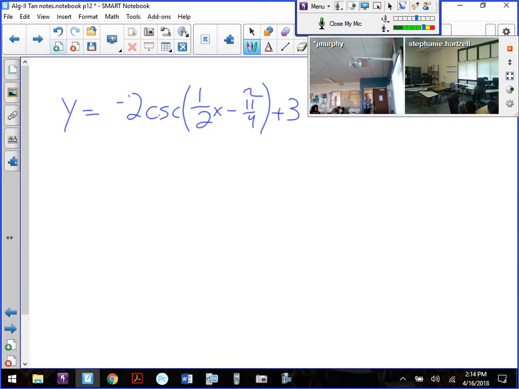Oh, that's fine. So I have -2 cosecant times the quantity 1/2 x minus pi over 4, all plus 3. Well, first of all, what should we do with that 1/2? We factor out a half. So I factor out a half. I'm going to get -2 cosecant 1/2 x minus, well,